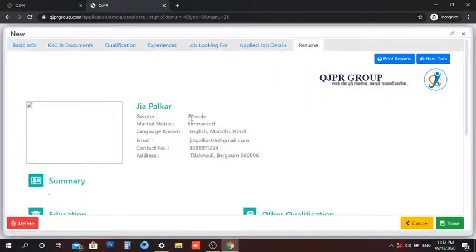So in this resume, you have a hide data and show data option. If you say hide data, the contact, email and the address of the candidate get disappeared. If you say show data, then it gets displayed. Okay, and the next is the print resume option.